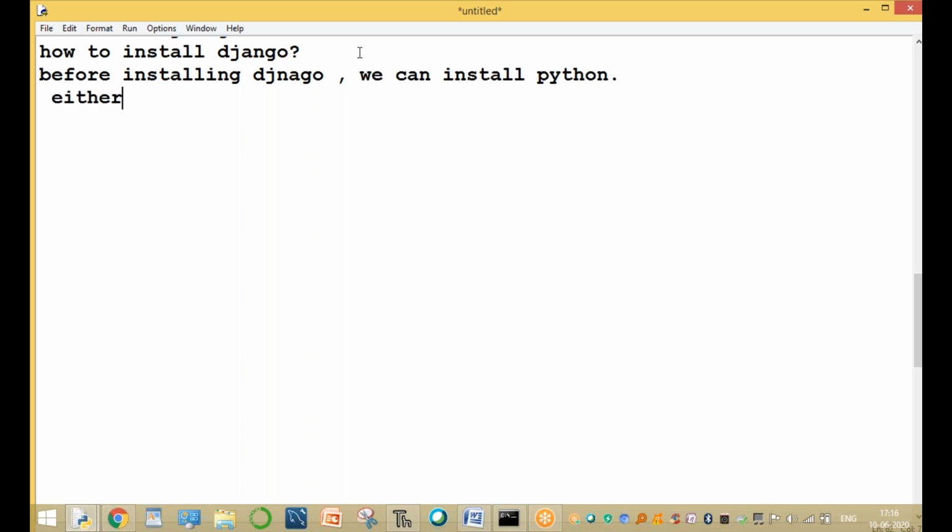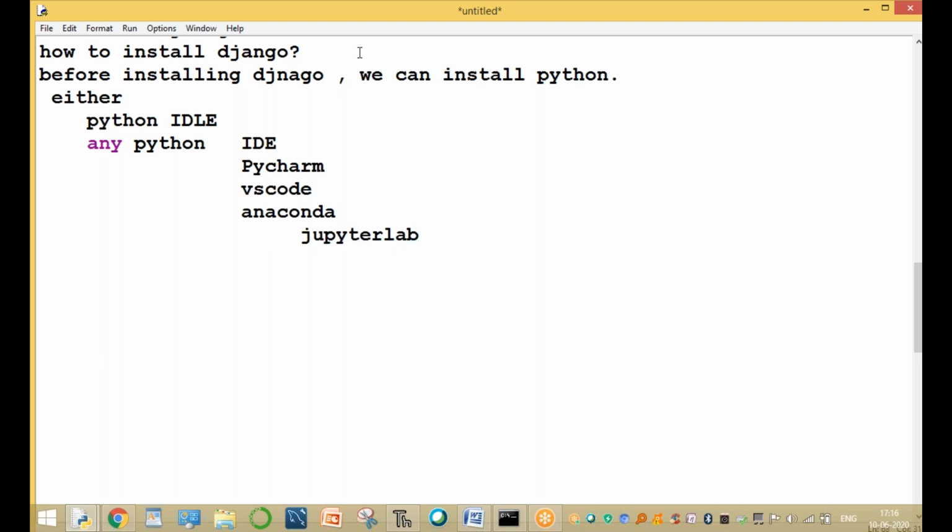Python, and any Python IDE. These are the different IDEs: PyCharm IDE, VS Code, Anaconda, Jupyter Lab and Jupyter Notebook, Spyder, Brackets, Atom, Sublime Text, or WebStorm.